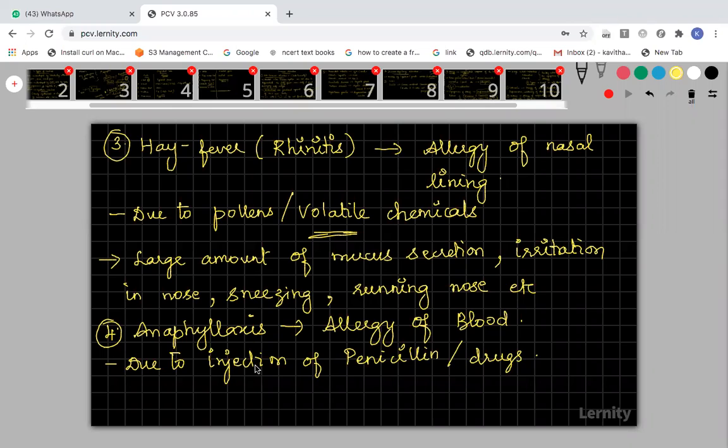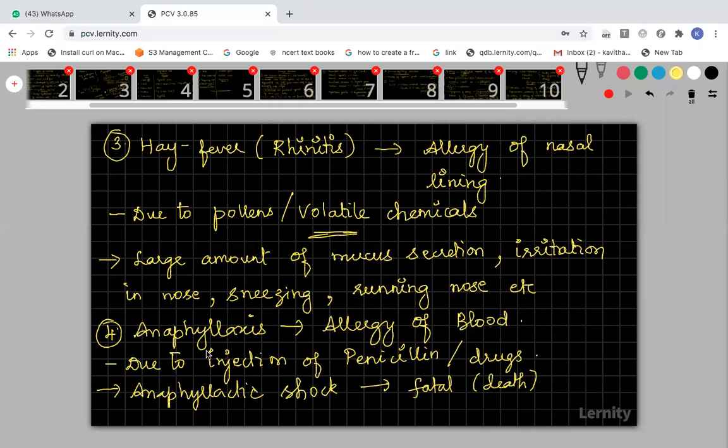In this case, again, histamine will be released by rupturing. I told you, right? This is because in blood you will have basophils. Basophils will release the histamines. If it is in tissue, it will be released by mast cells. In blood, it will be released because of basophils, which are said to be the mast cells of the blood. And here, sometimes this anaphylaxis may lead to anaphylactic shock. This anaphylactic shock may result in a fatal condition, that is, it may result in death.